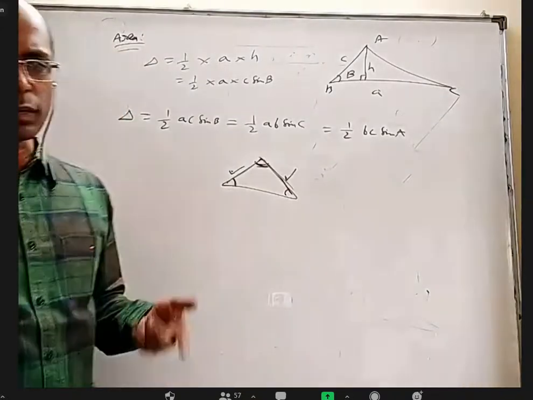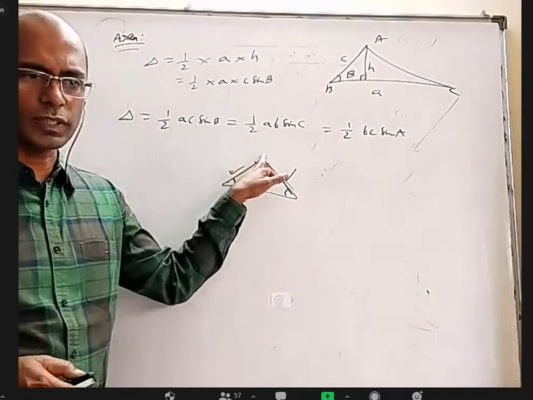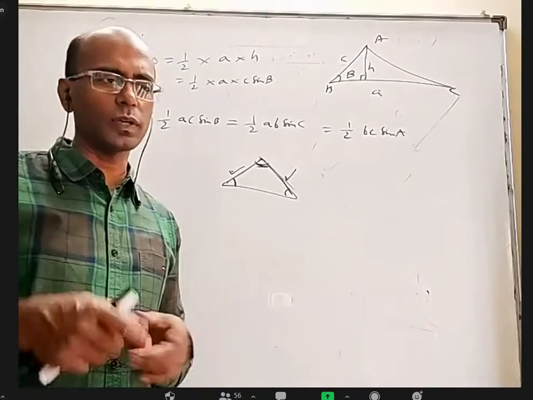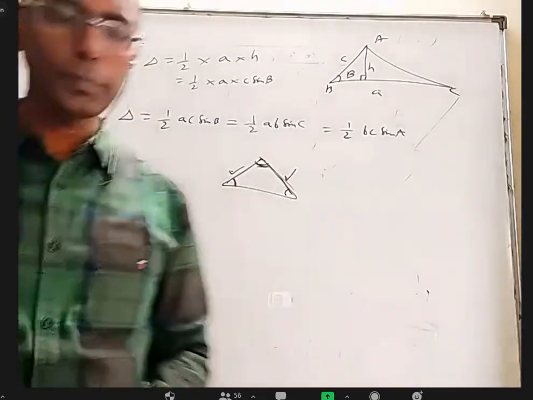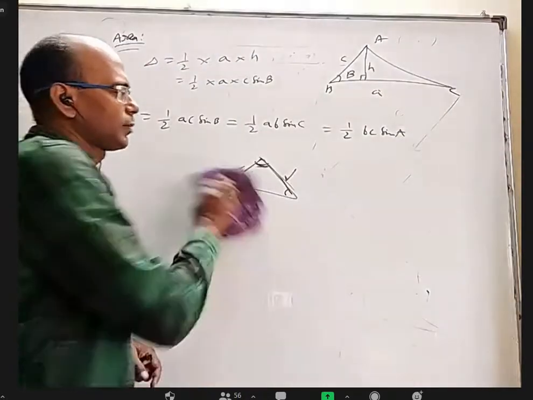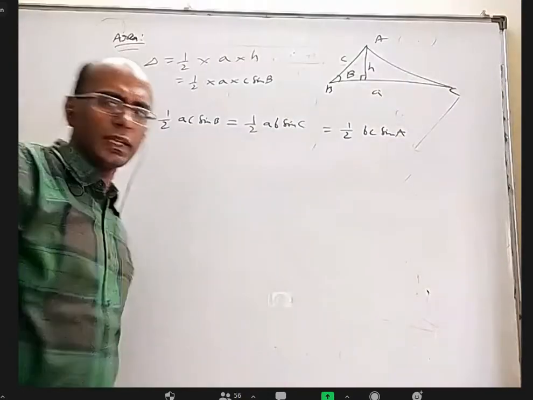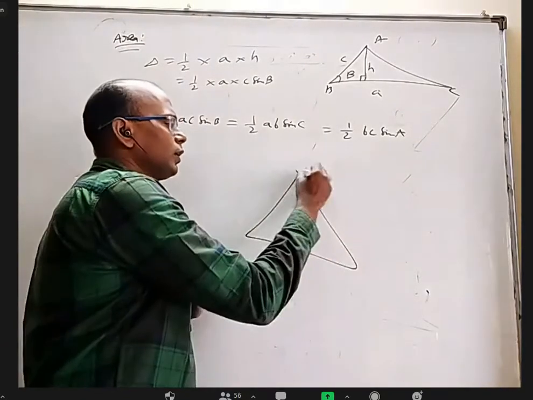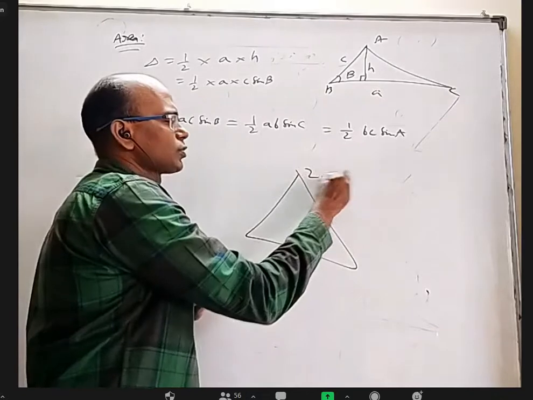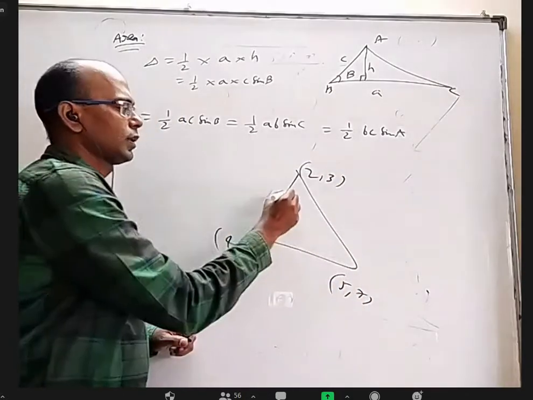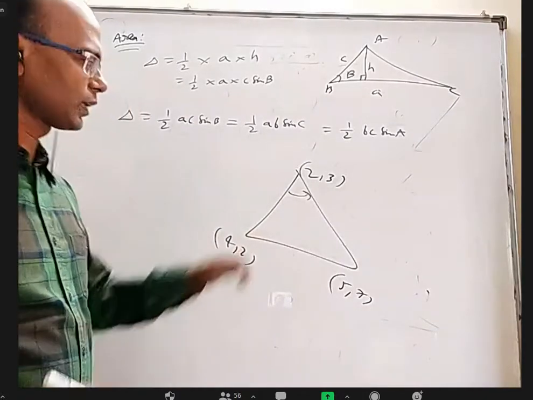In 3D geometry also they may give this is 2, 3, 5, this 5, 7, 9 something. You will not be able to find area in 3D geometry. You have to go to vectors and do it only. Vectors and 3D are same, and some questions which cannot be done in 3D can be done in vectors. Even for that matter, even in 2D geometry, for example, forget about properties of triangle. This is 2, 3, this is 5, 7, and this is 4, 2. How to find this angle? Can anybody give an idea?